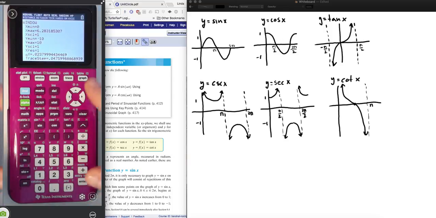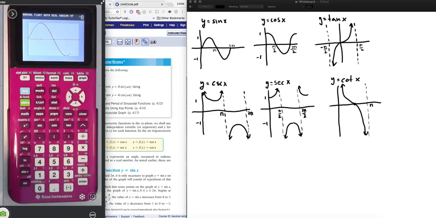That's fine. If I want to, I can change my scale in here so that my x scale looks more trig. I'd like to see it actually crossing at pi, so maybe I put my tick marks every pi over 2. That is not necessary. You don't have to do that. Now, my range, remember, what's the range? The range goes from -1 to 1, so I want my range to go from -1 to 1. Now if I hit graph,